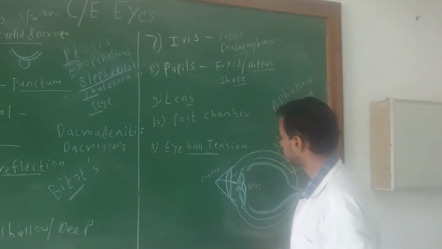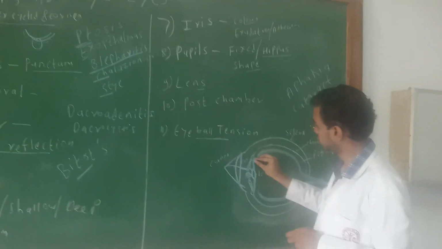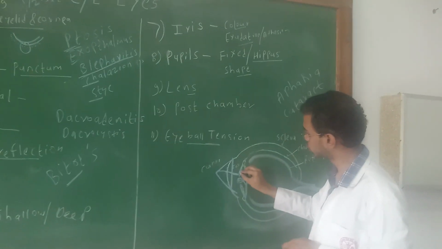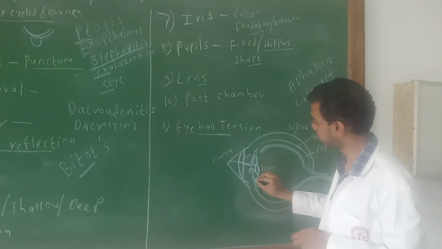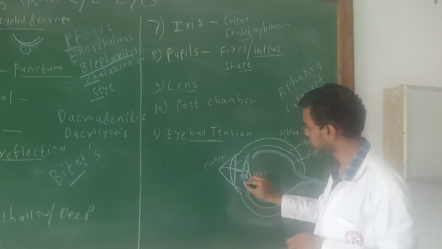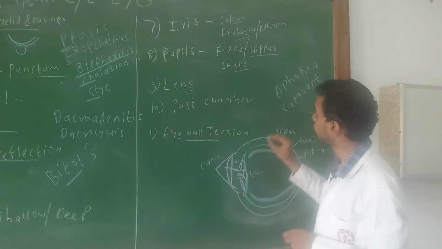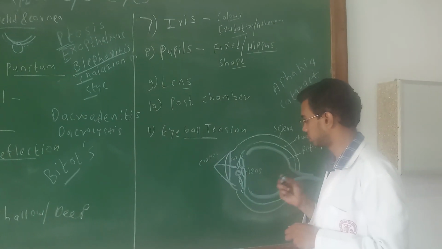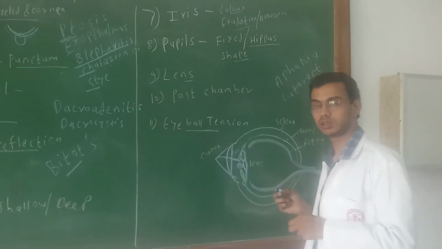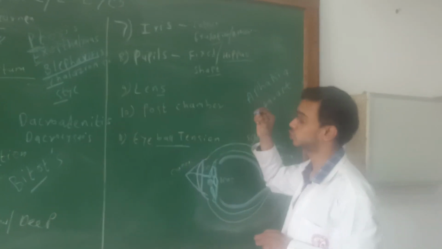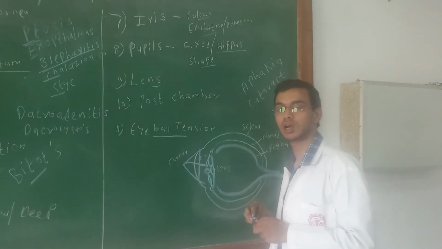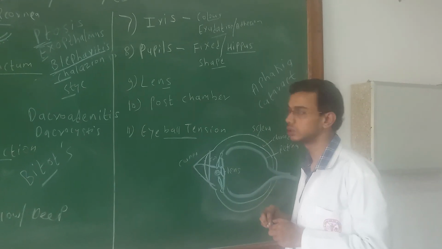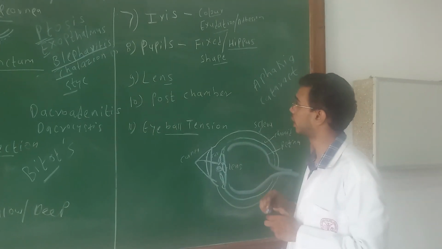Now iris. The iris is a part of the middle layer, the vascular layer. This is a part of the iris. Okay, it consists of different muscles, circular muscles. What we have to see in the iris is the color. It has a different color because of the presence of some pigment. So a normal person can have a brown pigmented iris. Okay, so you have to see the color of the iris.